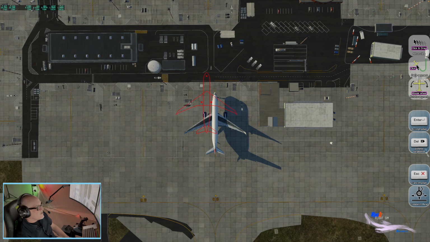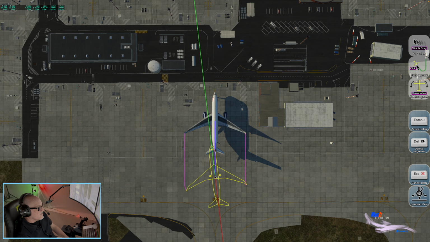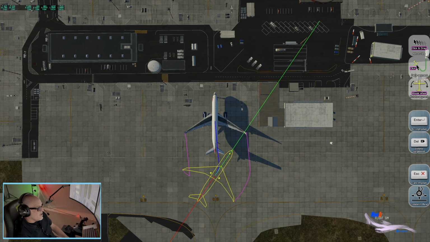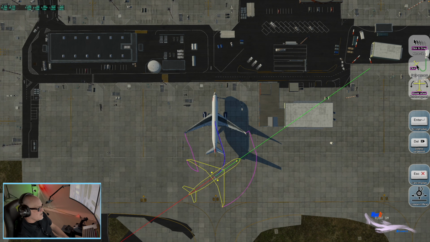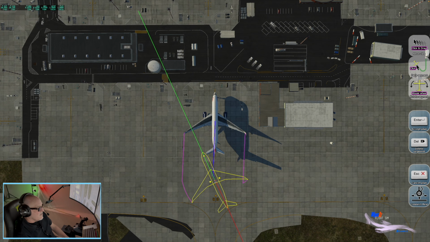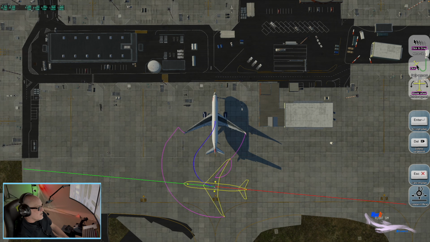So let's pre-plan our pushback. You'll see this red plane, which means you can't push back to this location. So you just want to get it lined up, and you'll see as you drag it back some pink lines, and then use your mouse to rotate the aircraft whichever direction you want your pushback. And if it's not acceptable, the plane will turn red. So you just pull it back a little bit and set your aircraft where you want it to be pushed back,